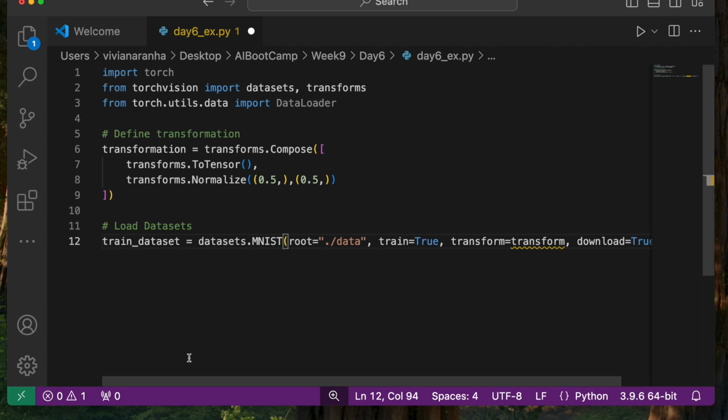So here let's make sure, okay, I've saved it as transformation. I don't know why. Transform is what I wanted to save it as. Perfect. So there you go.